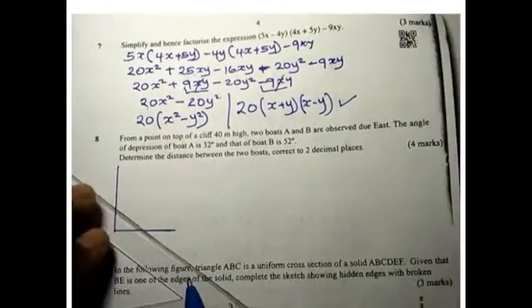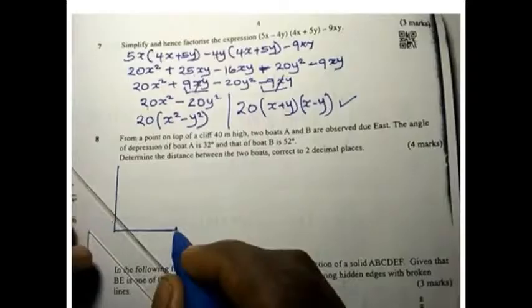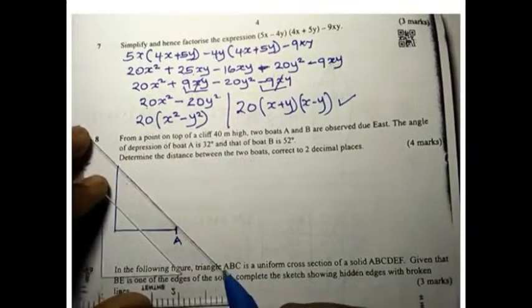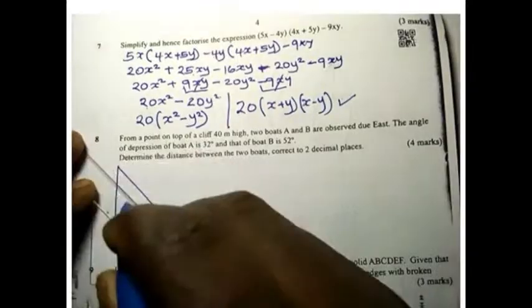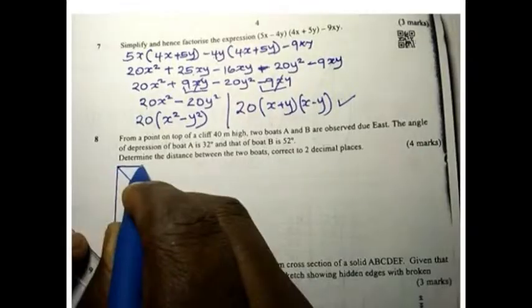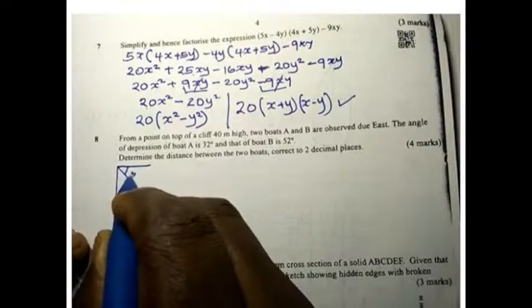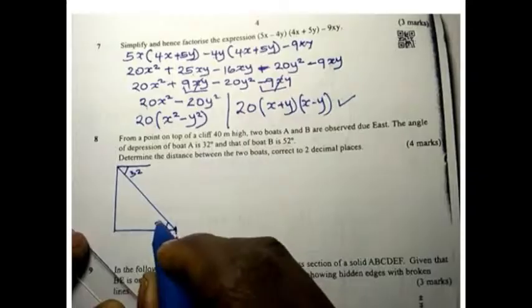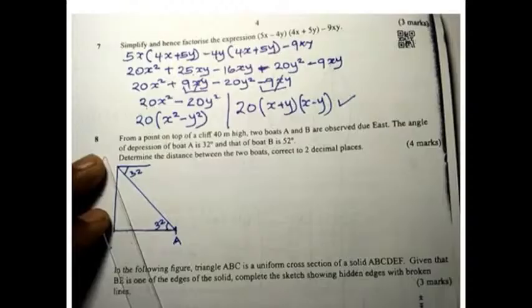So here we have our boat A. If the angle from here up to here is 32, then this angle is also 32, because the angle of elevation is equal to the angle of depression. And then we have another boat